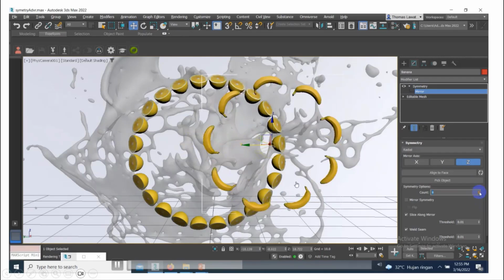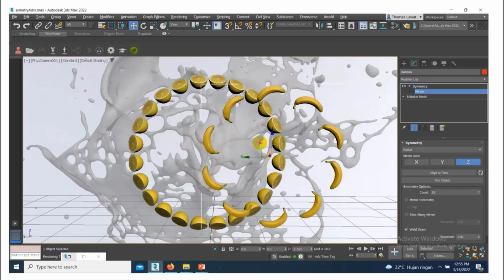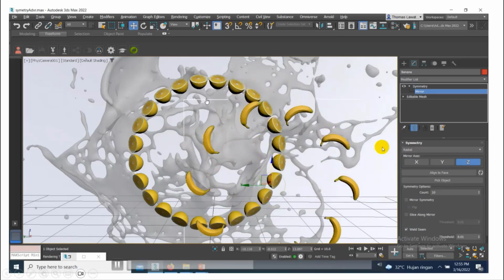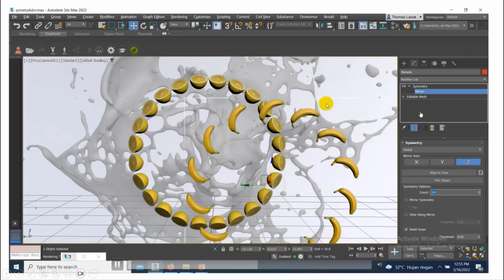Even though array now has new features inside 3ds Max, if you want to create this kind of advertisement, you can use the symmetry tools inside the modifier in 3ds Max. You can even animate.